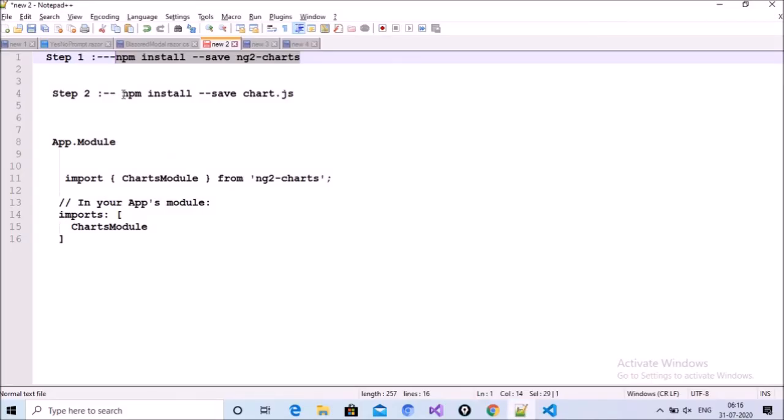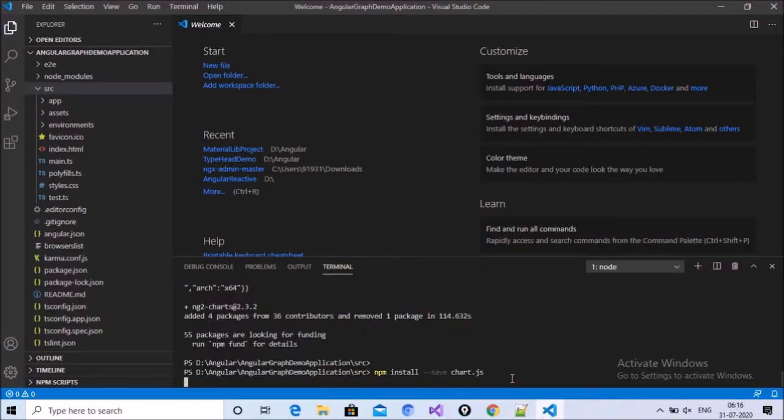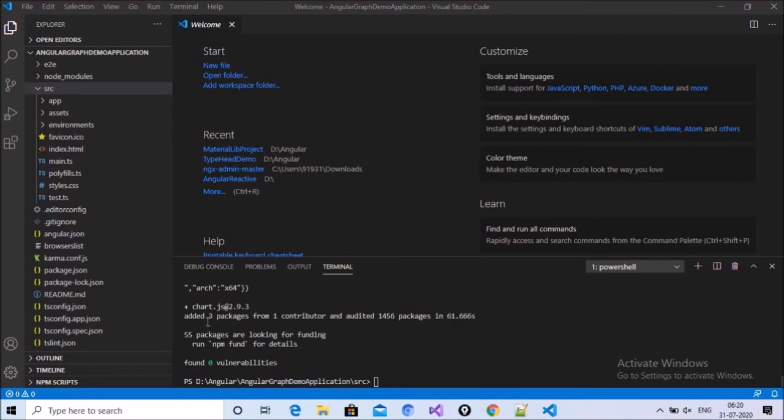The second step is npm install --save chart.js. Copy this one, paste it here, and enter, and we can see that the chart.js package has been added successfully.